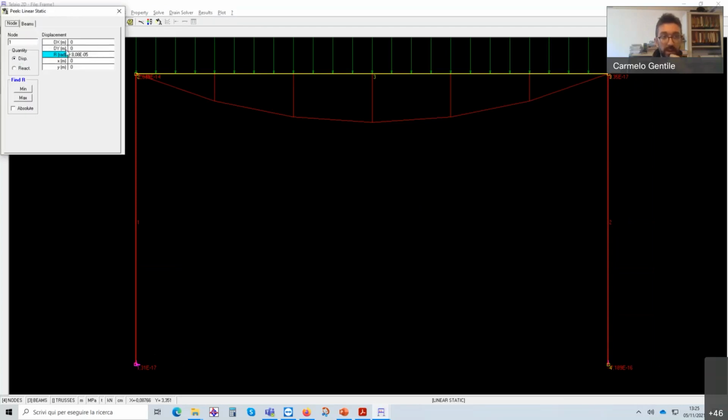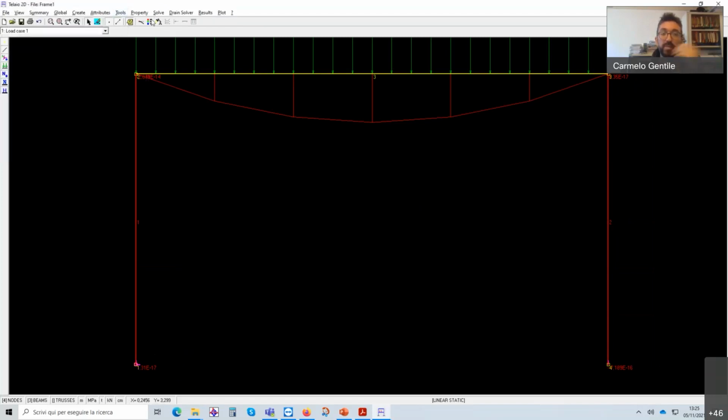In this case, the rotation at the beginning, node 1, is 8 times 10 to the power of minus 5. It will be different if we change